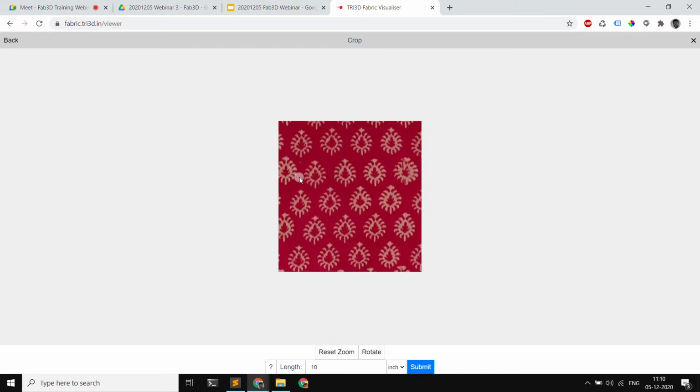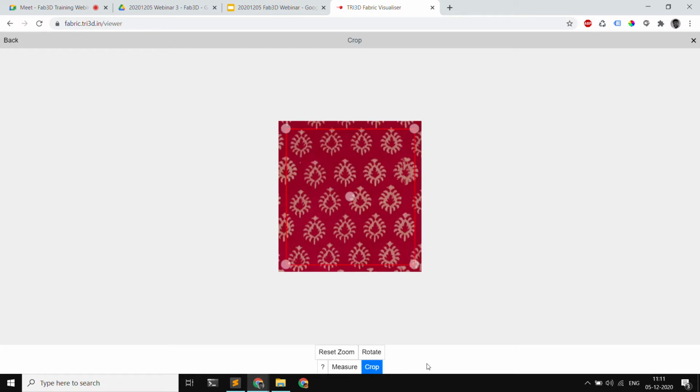So the first step is for us to define the measurement of the fabric. We need to tell the application how big the pattern is or how many motifs are there in the given sample, right? So for that, you can click on 2 points and define the distance between them. This can be anywhere. It need not be horizontal. It need not be just vertical. It can be anything. So according to your comfort, you can select any 2 points and say, okay, the distance between these 2 points is 2 inches. So we are telling the application how big or how small the fabric is. We are basically defining the scale.